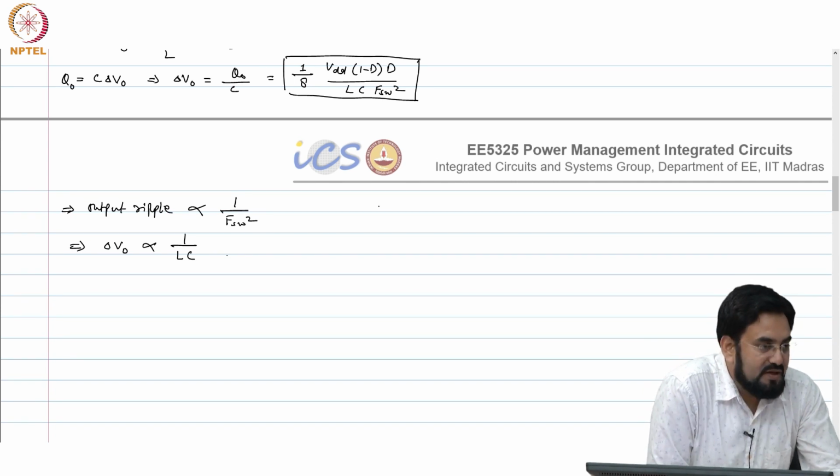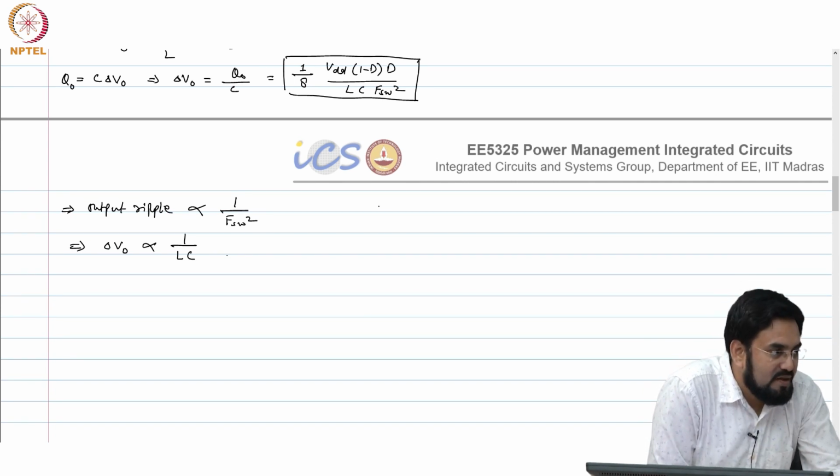So if you increase the product of LC or one of them, capacitor or inductor, then your output ripple will reduce for the same switching frequency,